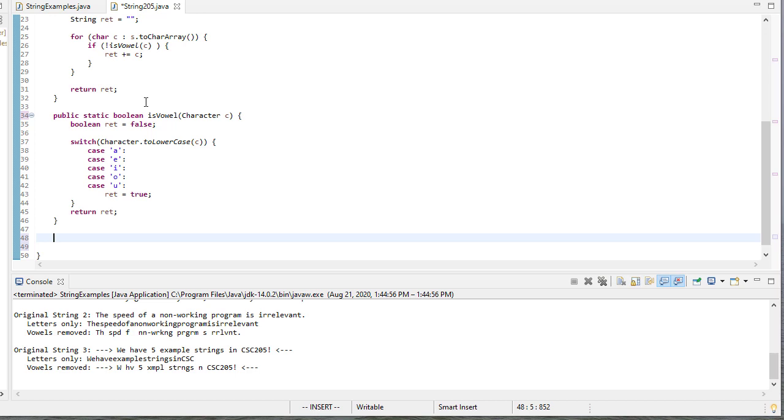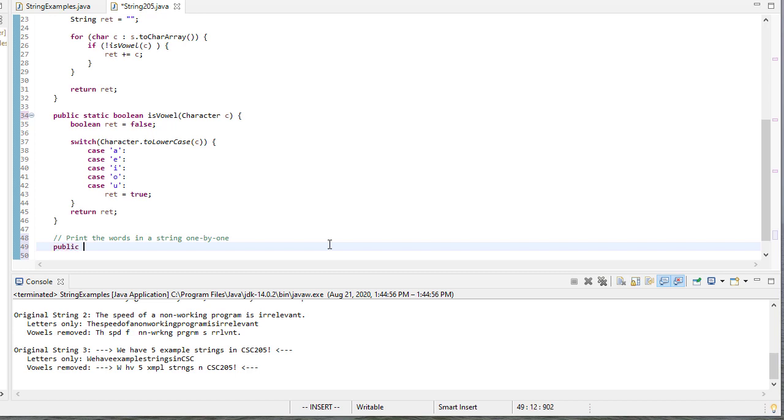So our last method, we're going to print the words in a string one by one. When we say word, that can have a lot of different meanings. We're going to say that a word is separated by a space in the string. So whenever we have a space, we're going to call that a word. So we're going to have a method, and it's going to return void because there's nothing really to return. We're just going to print the words individually. It's going to take a string as a parameter,